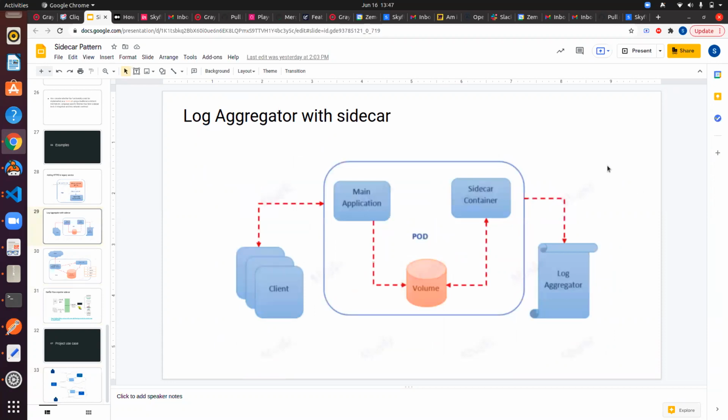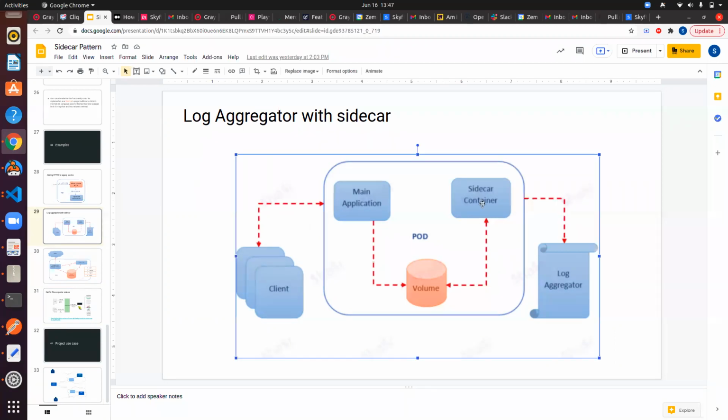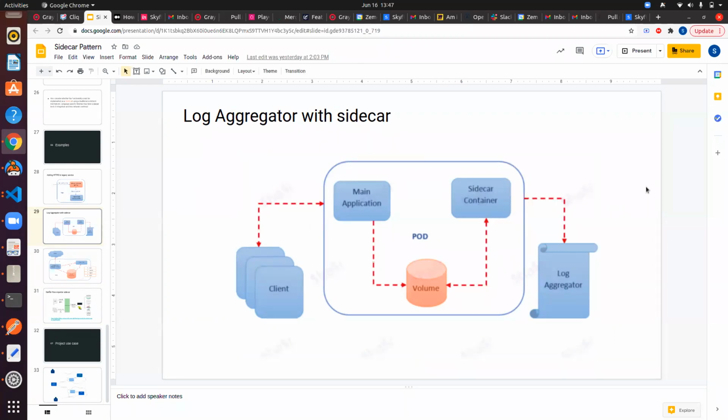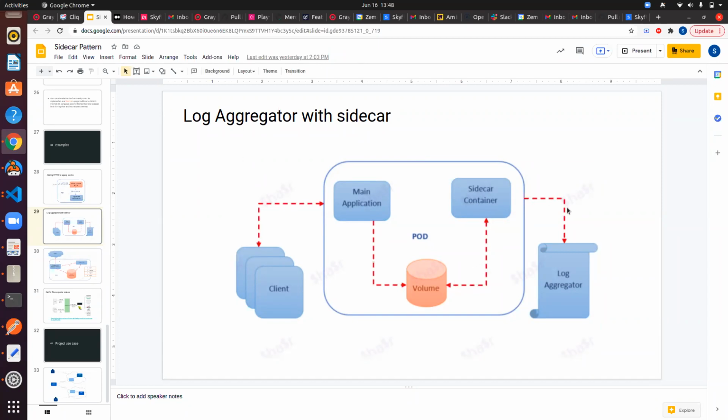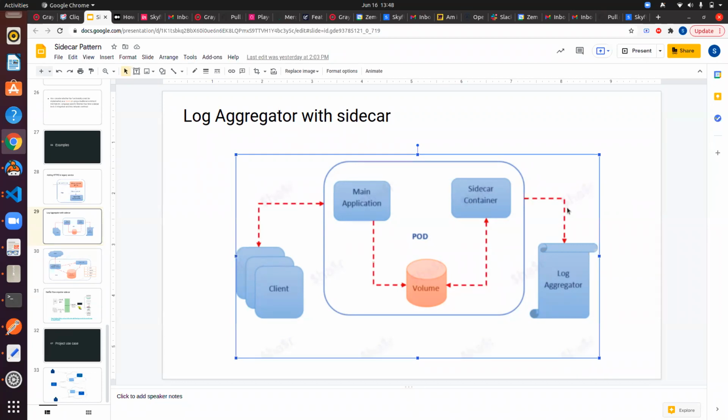Right. If you look at this example, you can closely relate it to your example. The main application will put logs into some file, which can be your volume here, and the sidecar container will read from the volume. So from this example, it looks like it falls under the sidecar pattern.